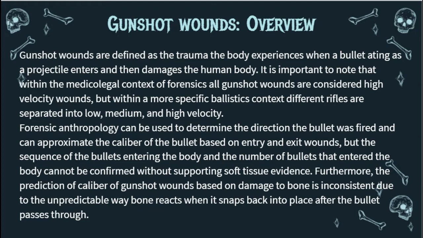Furthermore, though, forensic anthropology can't be used to note everything that has to do with the wound. It can note placement if there are distinct marks on the bone, but it can't be used to determine the sequence of the shots that were fired. It can't be used to determine the number of the shots that were fired into the body. Also, without supporting soft tissue, you can't always tell the exact type of caliber or entrance or exit wound of the human body, because forensic anthropology only looks at bones, of course.